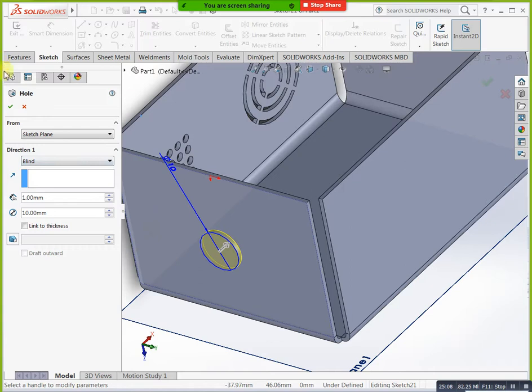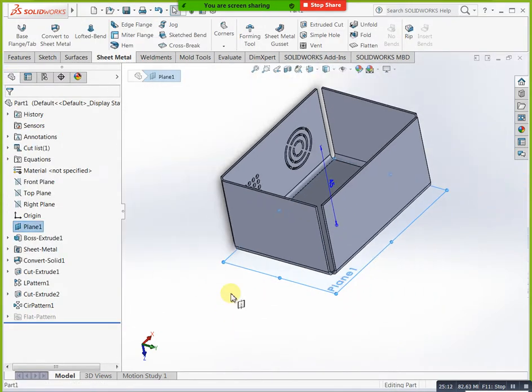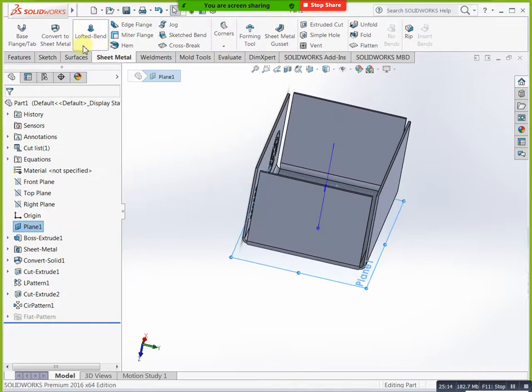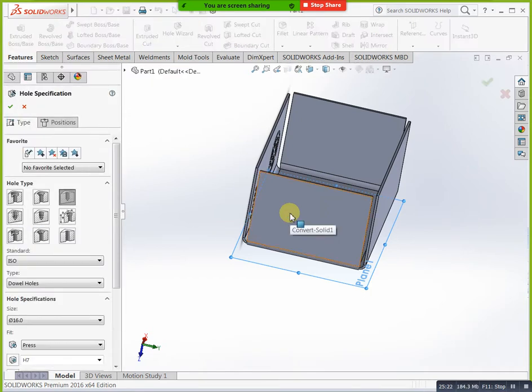You can select here. Before that you can go to the position. We mentioned here, this is wrong. Come back. Okay, we have another plane, not this plane.